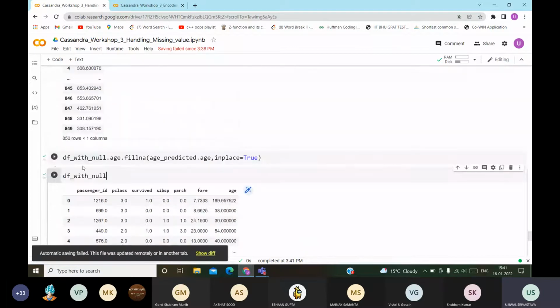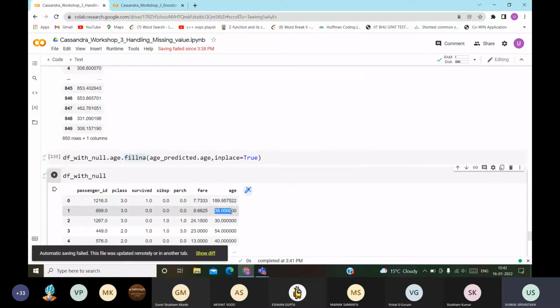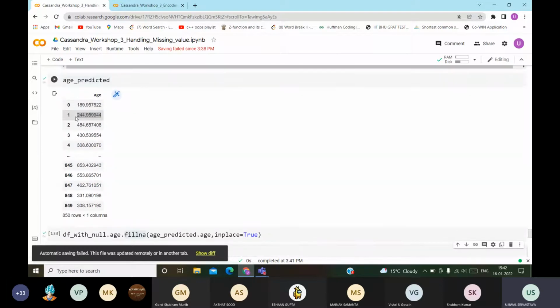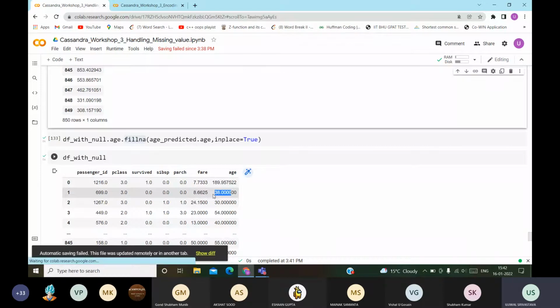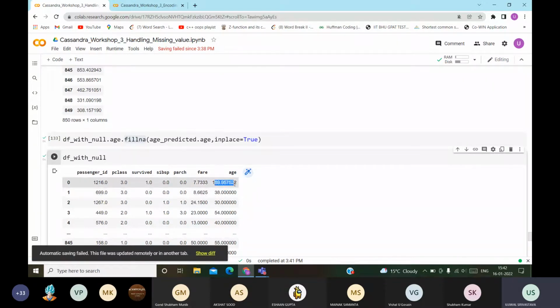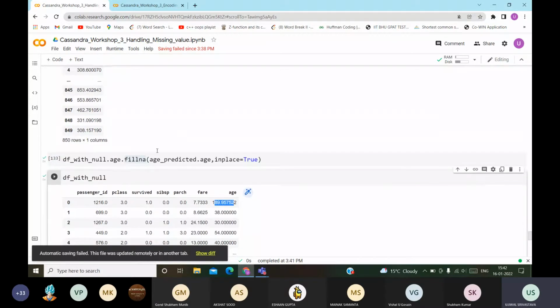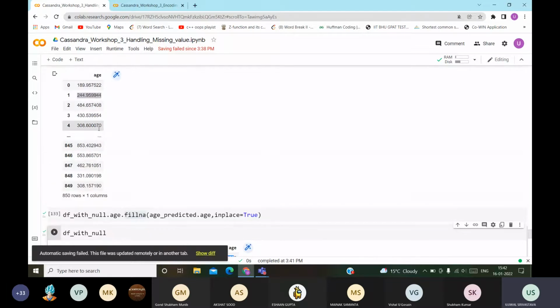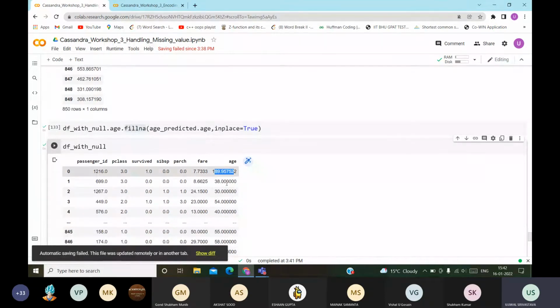And how we have filled df with null dot age dot fillna, where there are none values, only those will be filled. We'll leave the last value. Like here it was 38, so we have left 38, because you can see here there is 244 and here is 38, because this is the previous value. We have not filled this value, but we have filled the NaN values. 189 is present here and also here 189 is present. So we are only filling the NaN values with what we have got by a linear regression, and we have done it simultaneously, so the changes will be reflected.